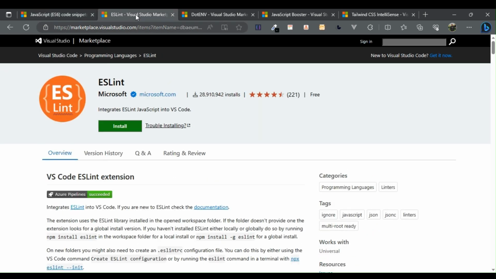2. ESLint. ESLint is a linter that statically analyzes your code to find problems based on a set of pre-configured